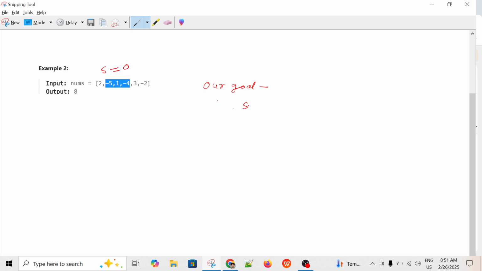We will first do sum plus equal to the current element, let's suppose this is nums[i]. We will sum the array, and if we hit that sum is less than 0, in this case what will we do,